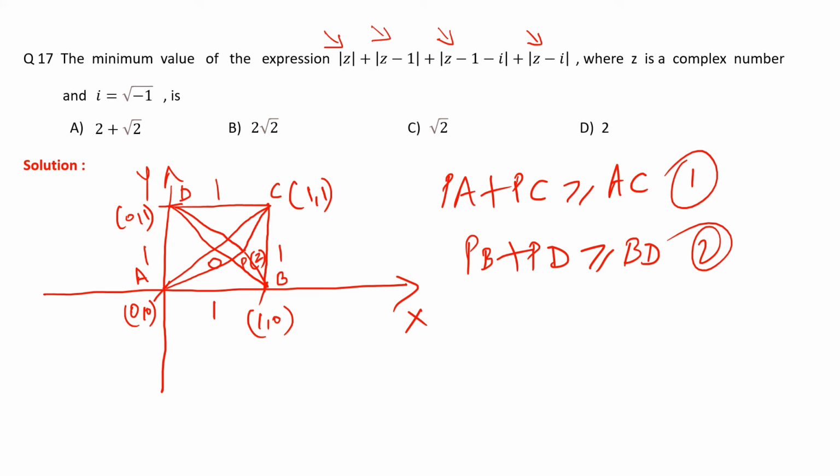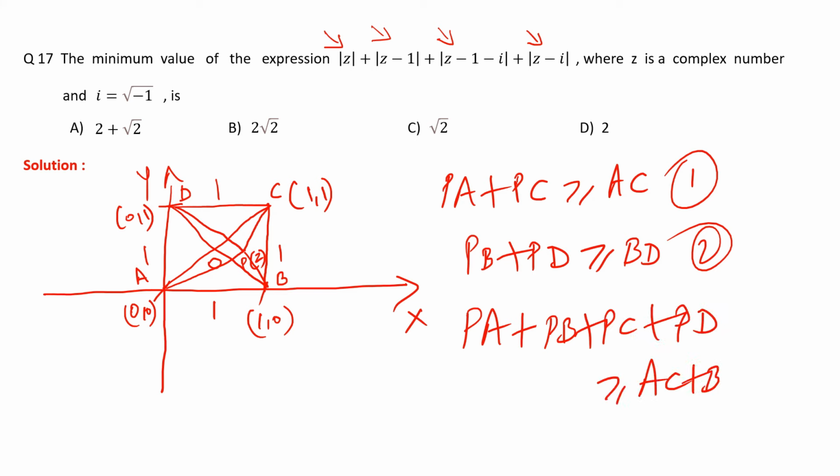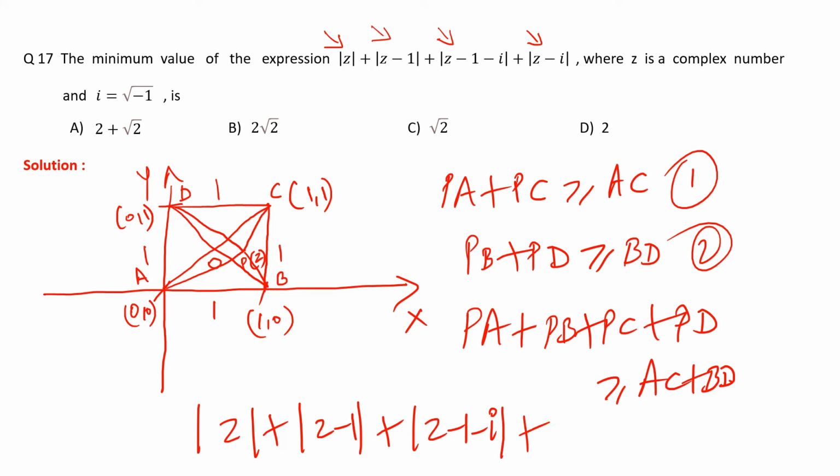In that case, PA plus PC will become equal to AC and PB plus PD will become equal to BD. So we can definitely add these inequalities to write PA plus PB plus PC plus PD is greater than or equal to AC plus BD. So hence I can say mod of Z plus mod of Z minus 1 plus mod of Z minus 1 minus iota plus mod of Z minus iota is greater than or equal to